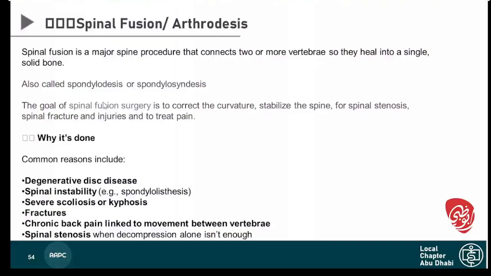That means they will fix these bones by using rods or cages or screws, pedicle screws. So this is what spinal fusion is. Spinal fusion means the fusion of two bones. So usually the physicians will remove the disc in between, based on the